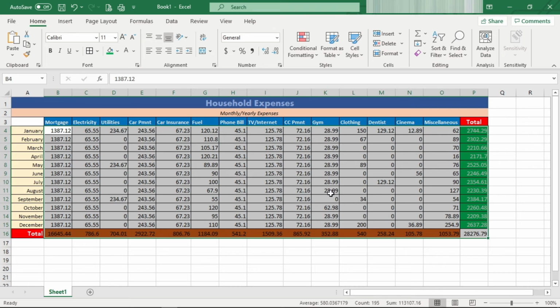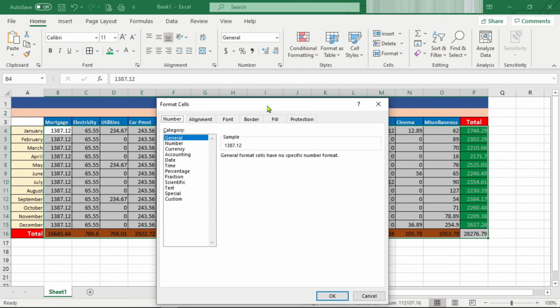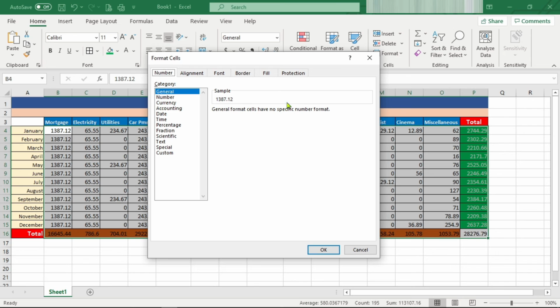Okay. I can just click this one right there in number group, but I'm gonna do it a different way. After highlighting everything, you right click in the shaded area. You have a menu. In that menu, you click Format Cells. You have a dialog box. This element is called a dialog box. Each one of those are tabs. 1, 2, 3, 4, 5, 6. This dialog box has 6 tabs,